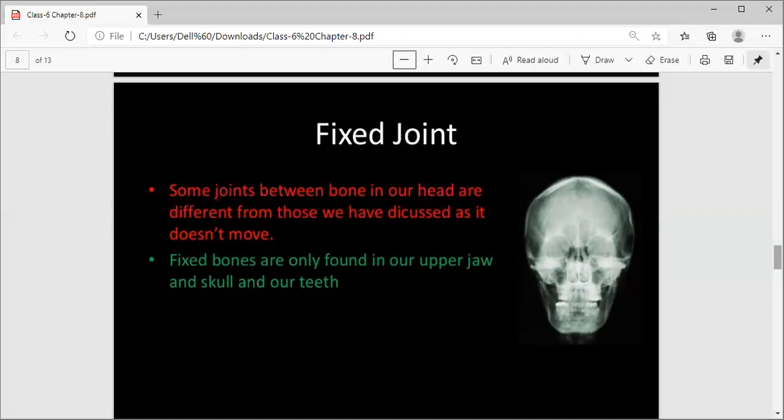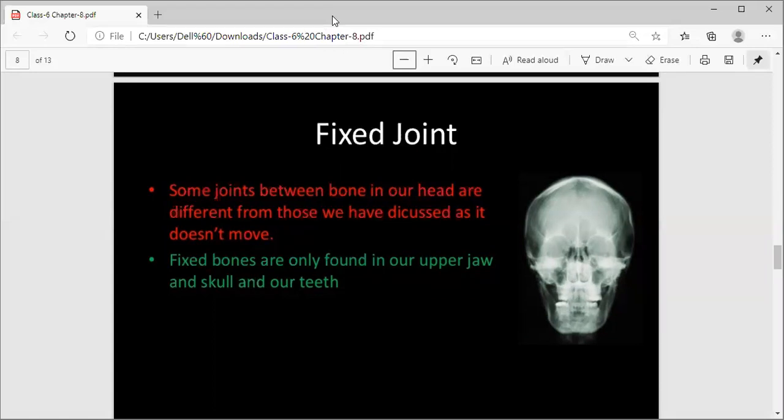Children, I think you are very familiar with all these types of joints: in which body parts different joints are moving, and a few are fixed joints. Some show movement in various directions, and some show movement only in one direction. As I had discussed already, in the shoulder and in the hip, the joint present is a ball and socket joint, and you know how it shows movement in all directions.